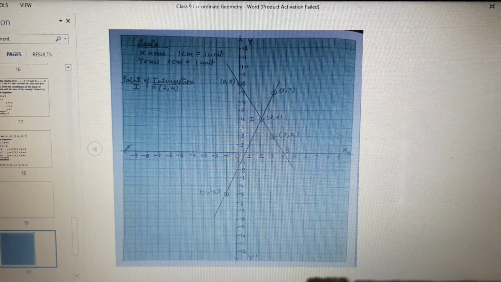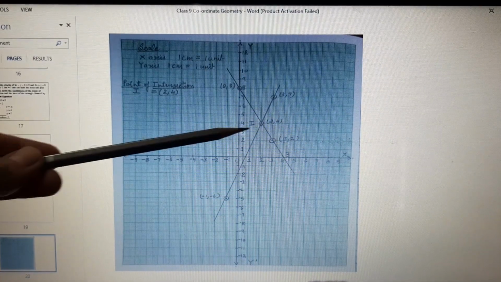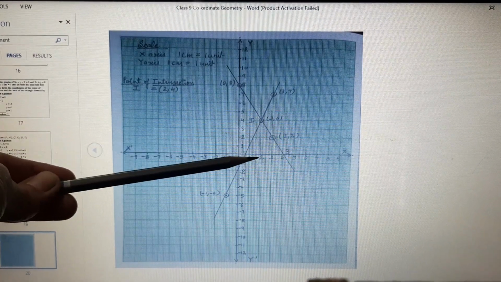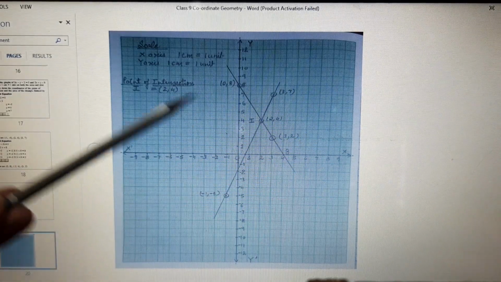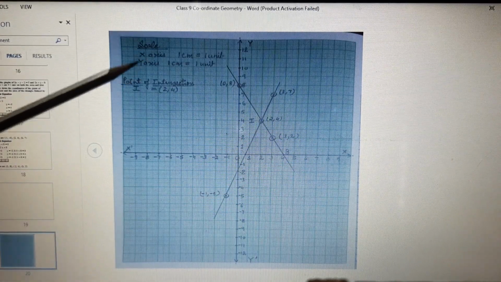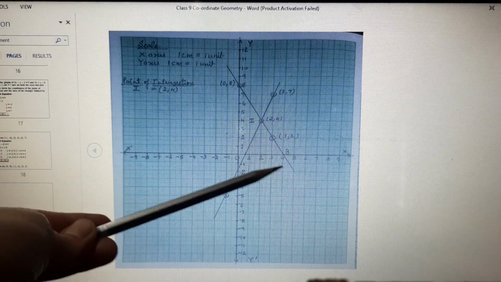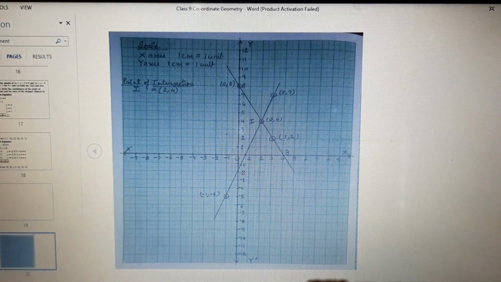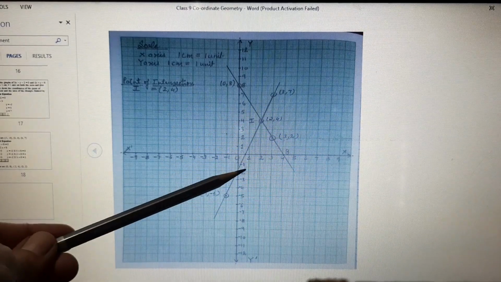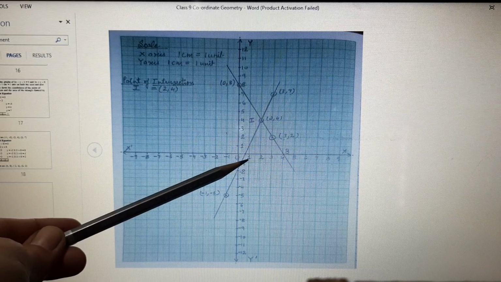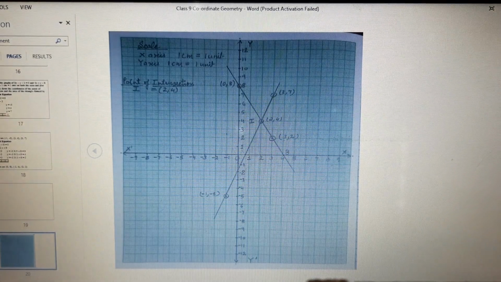Fine. They both are intersecting at point I, and as you can see, the scale of this graph is 1 centimeter is equal to 1 unit. So at each block, at 1 centimeter, I have written the number. I have not skipped any block. 0 to 1, then on each dark line there will be a number.